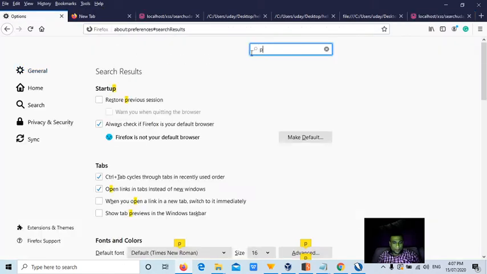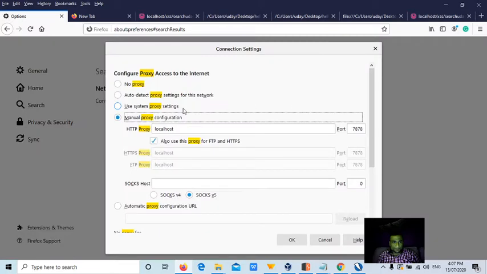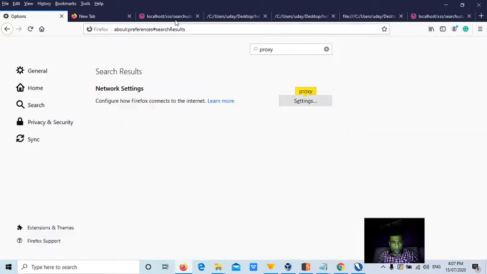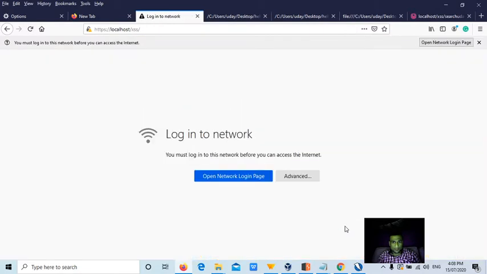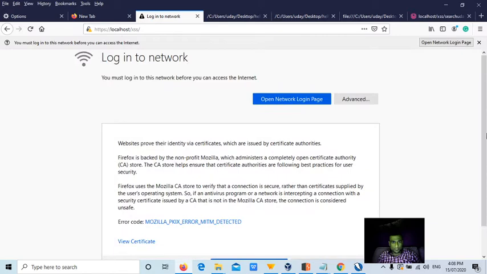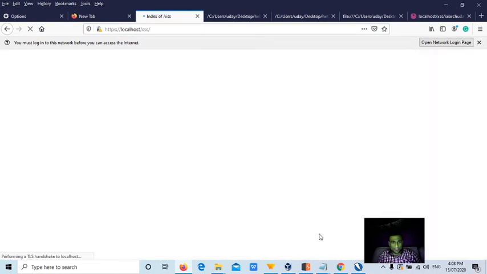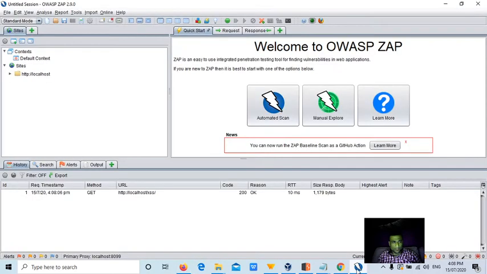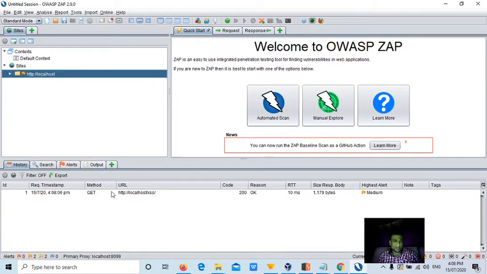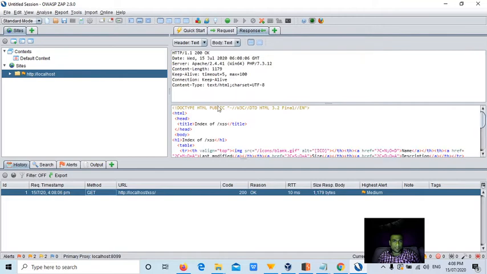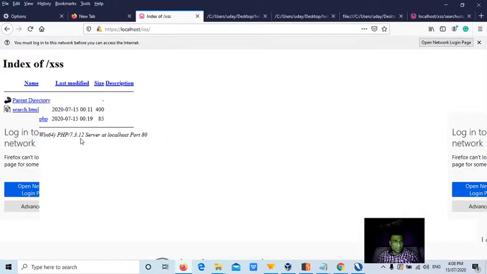Because our intention is, whatever we browse in the Firefox, it should be shown in this particular site. Now let's see what happened. Advanced setting, accept risk and continue. That's fine because we are using Burp for the first time here. Sorry, ZAP proxy, right? It has shown some certificate error, but still we are able to see request and response, guys.